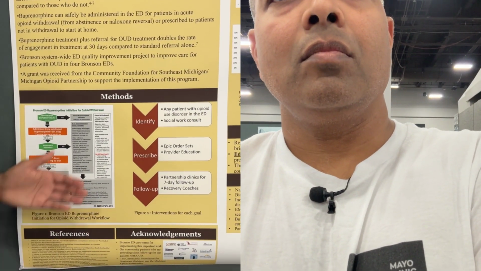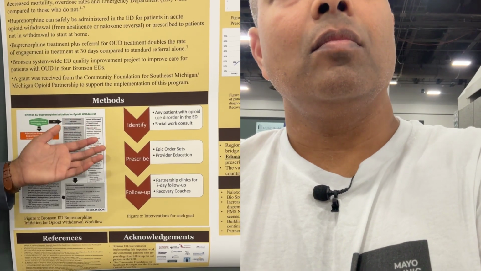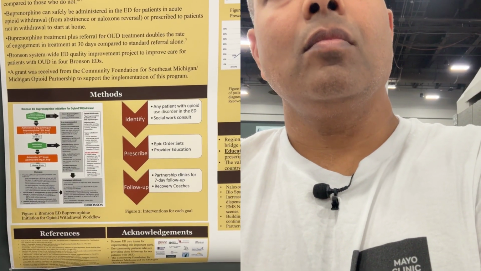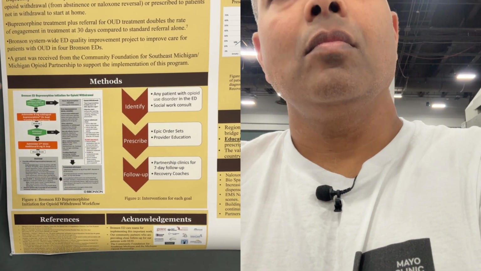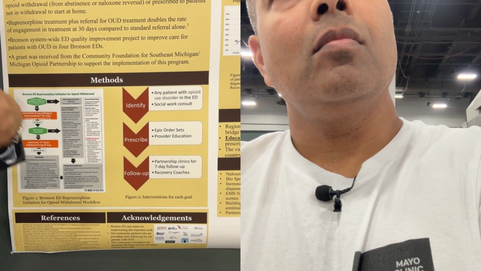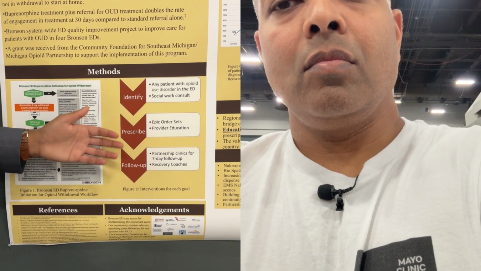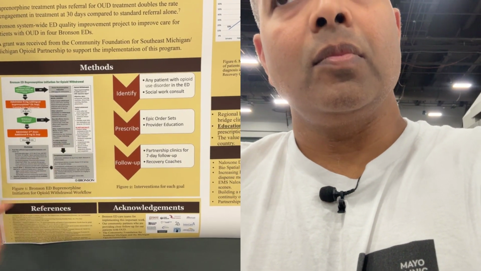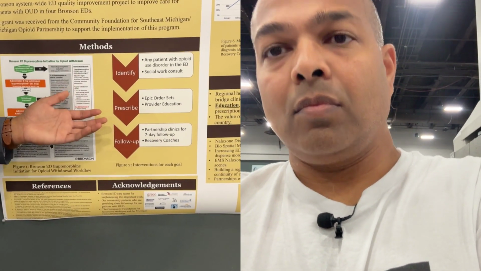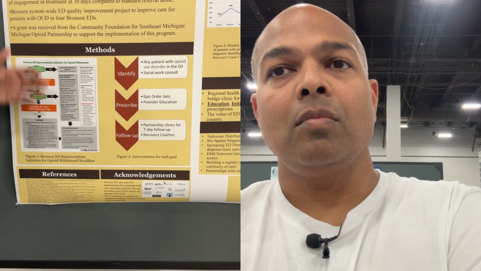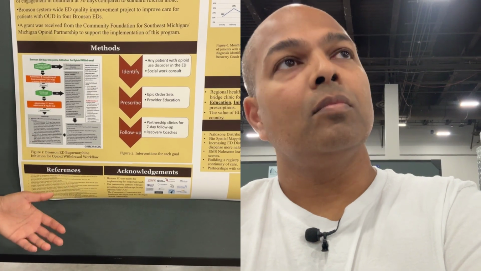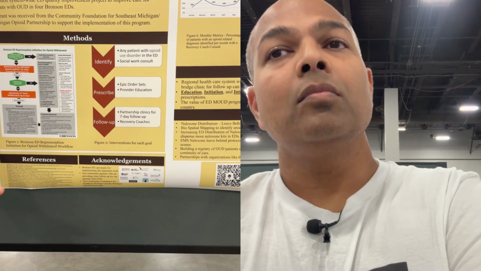Specifically, we wanted to make it quite simple. We wanted them to be able to identify patients that come into the ED that are recognized with opioid use disorder, working with our social work and recovery coach consults, really getting that inside perspective. And then moving on, we wanted to make sure we had the right resources for them to be able to easily provide this medication. We developed Epic order sets and provided provider education on the process we wanted to support them with. And then finally, follow-up, making sure that they're receiving the treatment and that they're continuing the treatment.